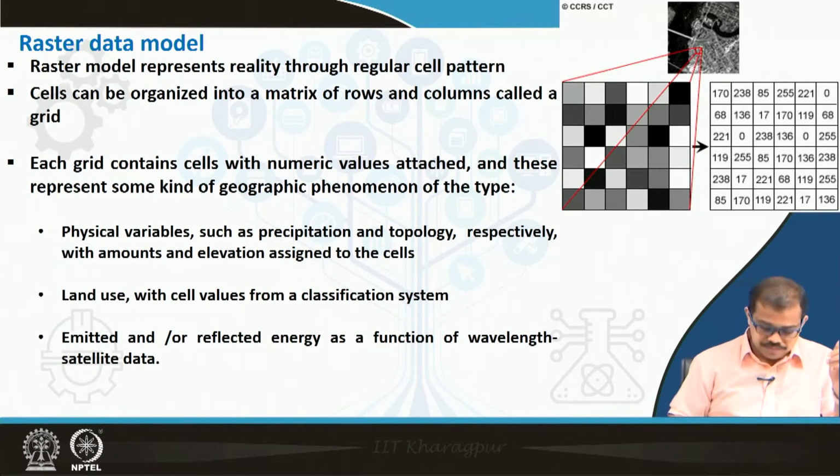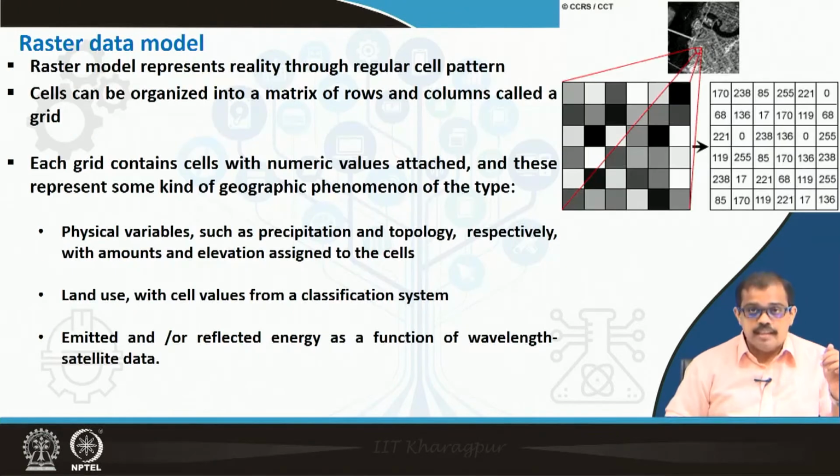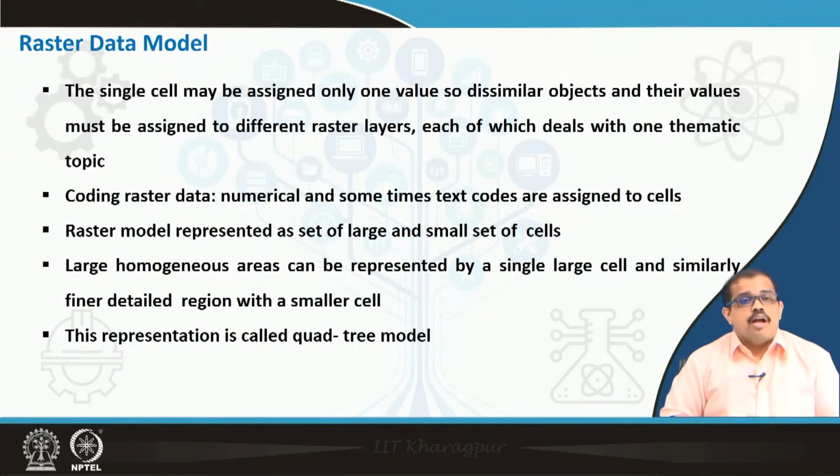When you look at continuous data represented as discrete data, each of these values is a discrete value. It is always continuous data that we obtain, but we convert it into discrete cell values.